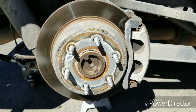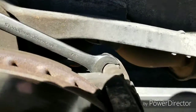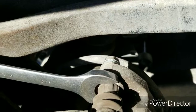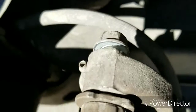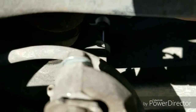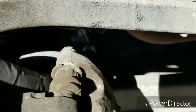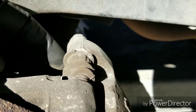Alright, this is the rotor and the brake assembly with the wheel off. And I already started taking the caliper off so I can see what we got, and then I can tell y'all what we have. And as of right now, this back bolt right here is a 14, but on mine, when I was trying to unloosen it, you're gonna spin it to your right, which is clockwise. As I was spinning it to the right, the whole assembly was turning, which is this little part right here. This part was spinning along with the bolt, and as long as it's doing that, the bolt will never